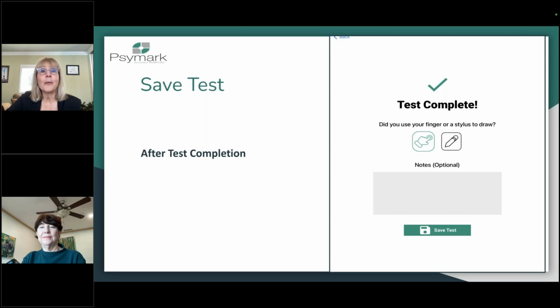And you also have the opportunity to write down any notes. Maybe you want to jot down something about the examinee's behavior during the assessment time, or maybe the positioning of the iPad, anything that you think would be helpful for you. You can jot down here to remember later, and then you would press Save Test. And when you press Save Test, next slide,